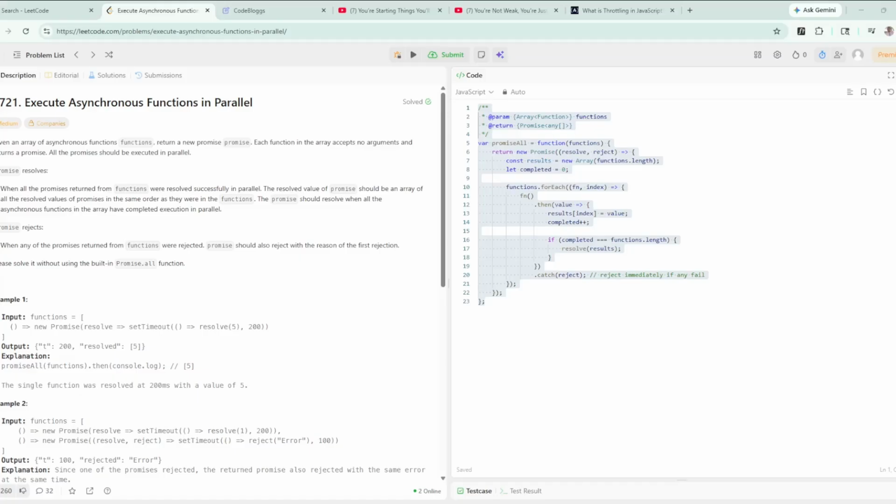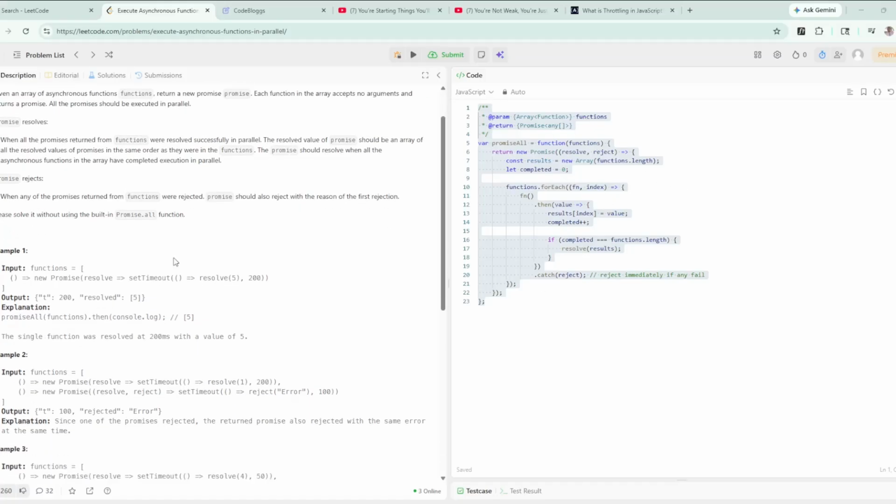So the problem basically is to run multiple async functions in parallel and return all the results when they're done. So here's some of the inputs and outputs. What I did, I created a new promise and executed all functions in parallel. I store the results in an array using their original index